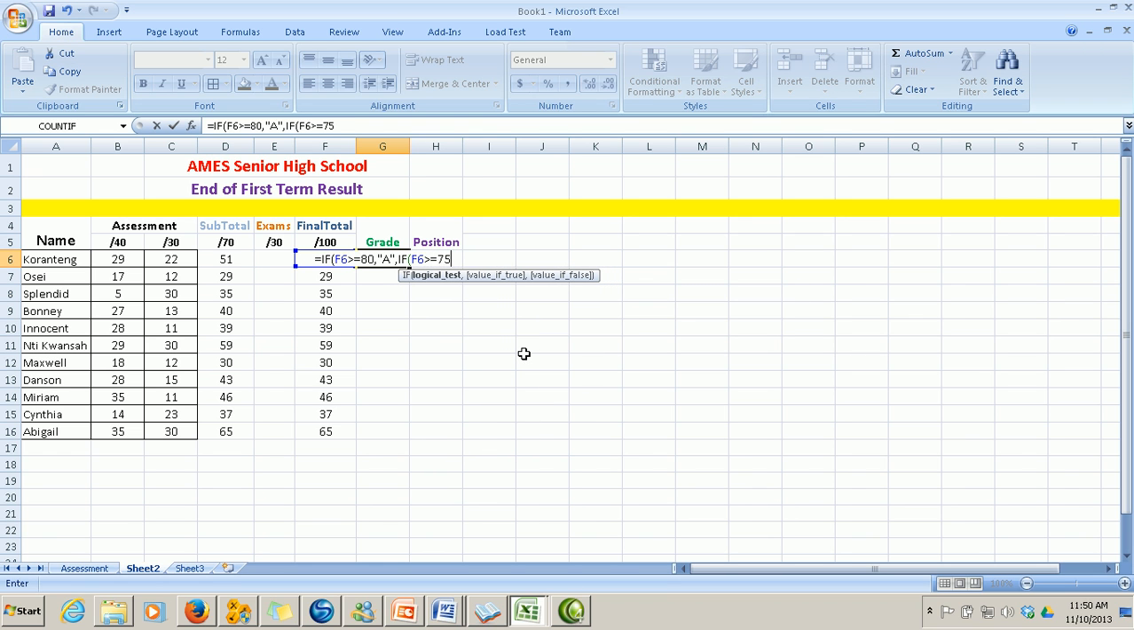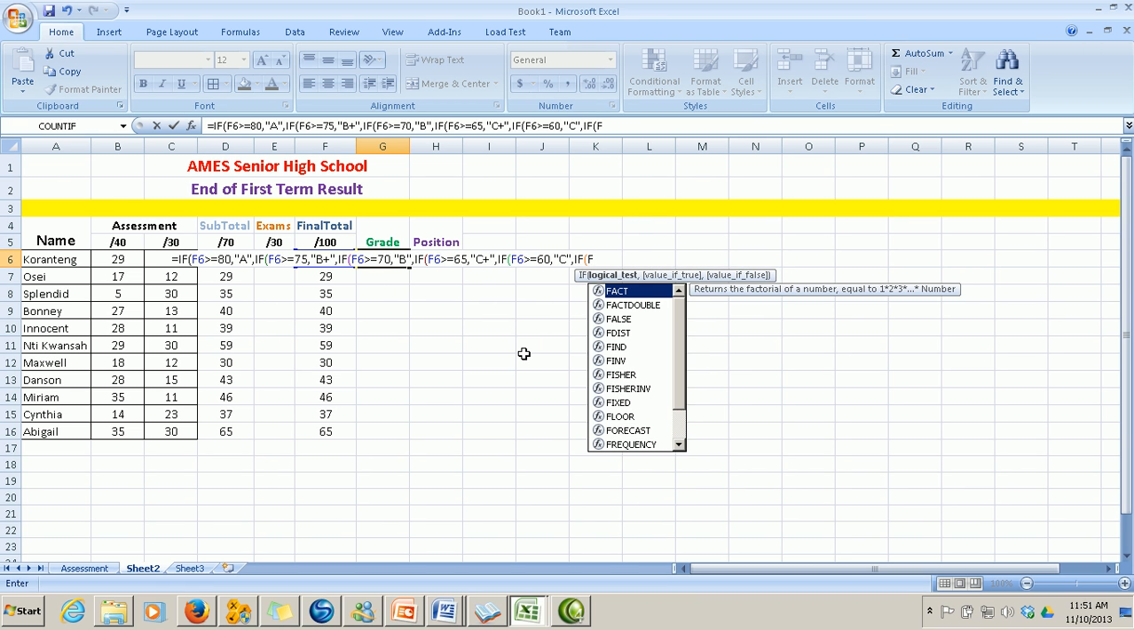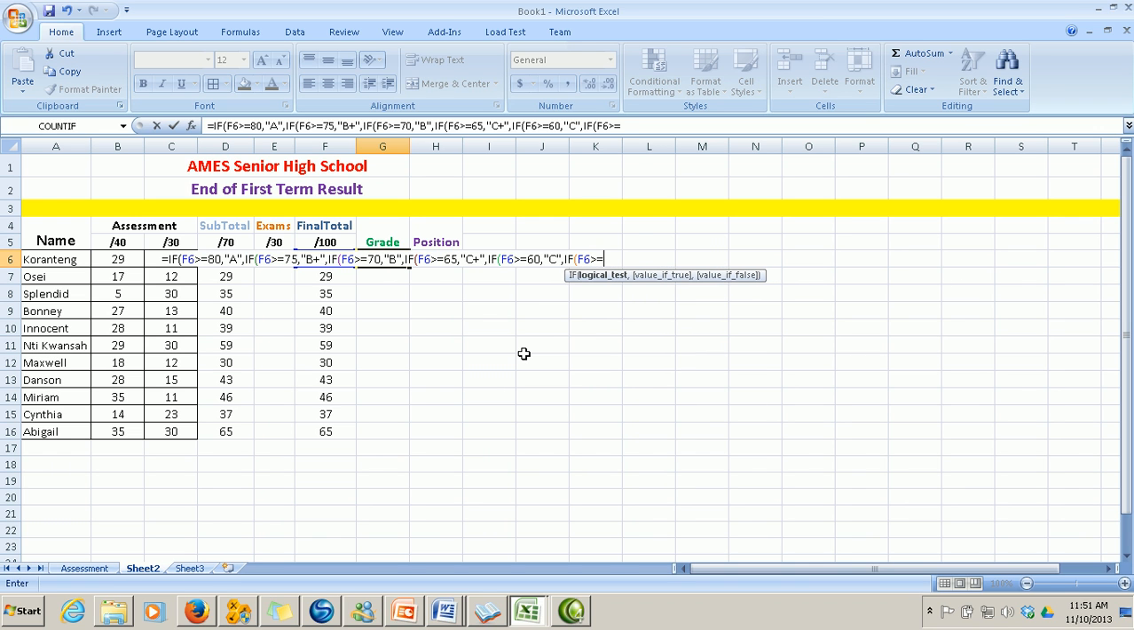comma, if open F6 is greater or equal to 75, comma, double quote B plus double quote N, comma, if F6 greater or equal to 70, comma, double quote B double quote N, comma, if open bracket F6 greater or equals to 65, comma, double quote C plus double quote N, comma, if open bracket F6 greater or equals to 60, comma, double quote C double quote N, comma, if open bracket F6 greater or equals to 55, comma,